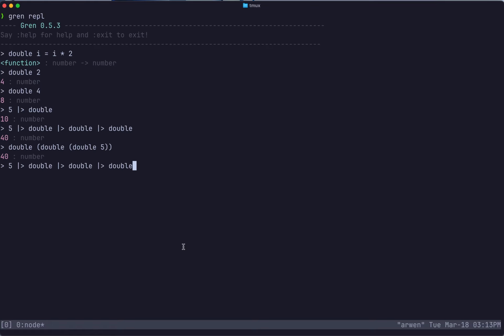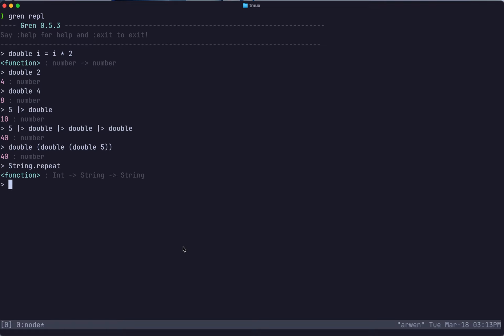It really shines when you're doing things on multiple lines. So you know, I'll get to that in a minute. I'll switch over to some docs and show you what it looks like on multiple lines, because first I want to show you what it looks like with multiple parameters. So double only takes one parameter. Let's look at this